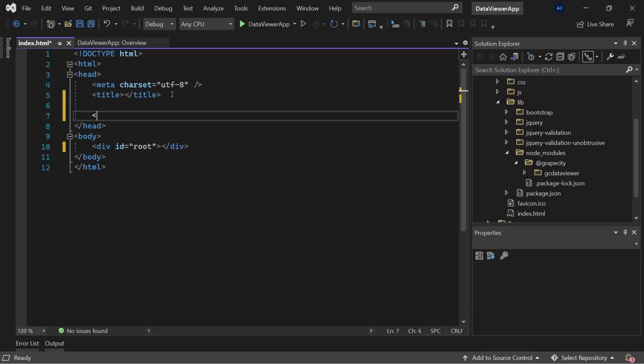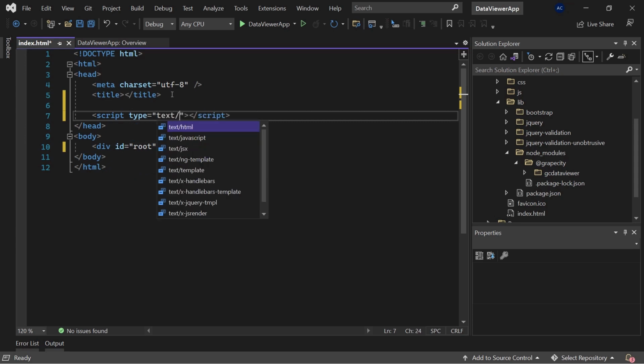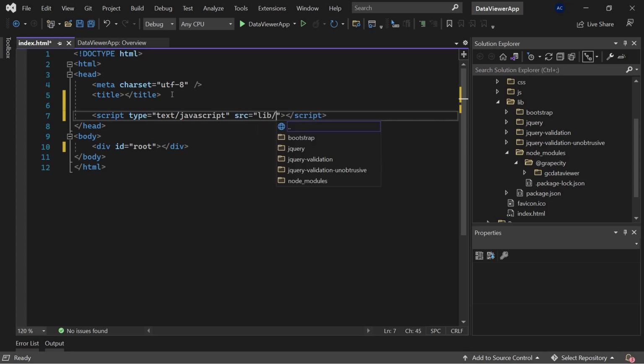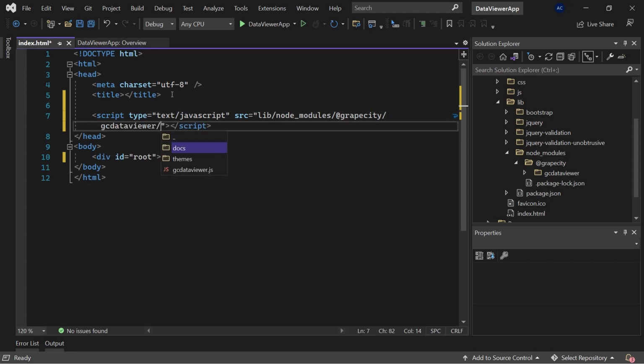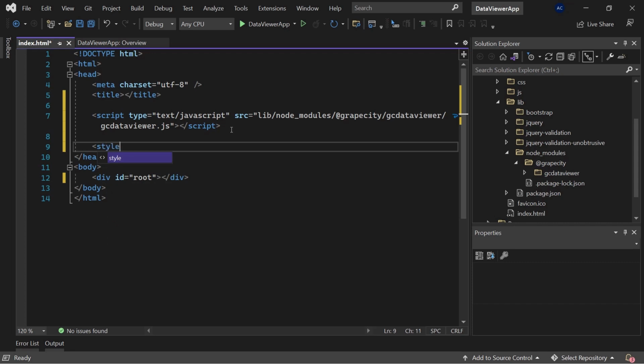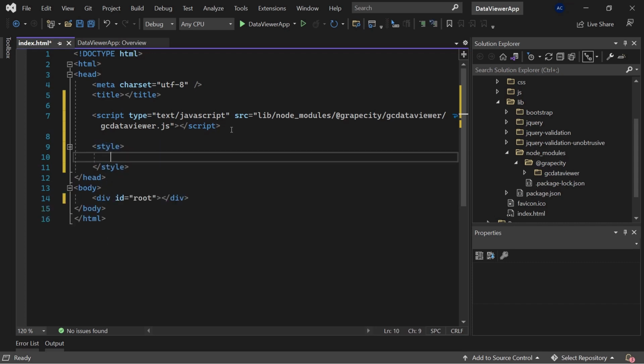In the head section, add a script reference for GC Data Viewer. Then add a style and script required to initialize the viewer.